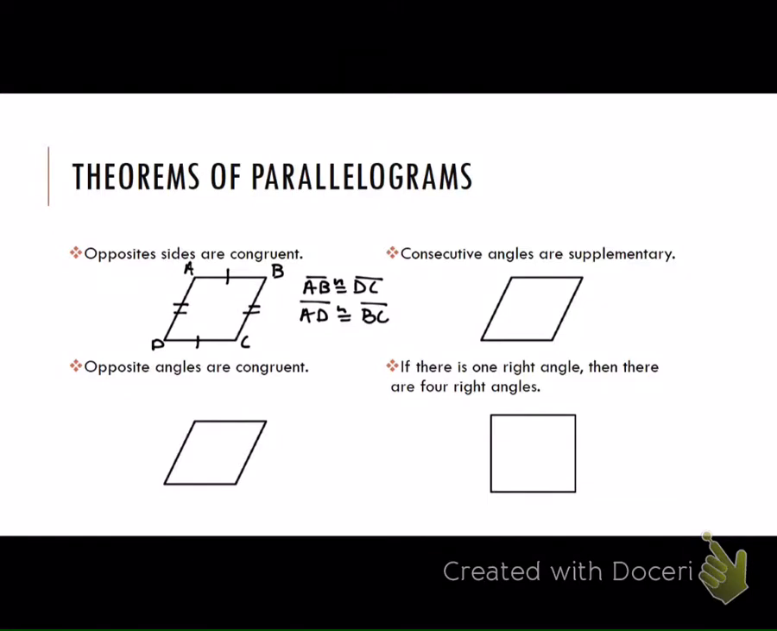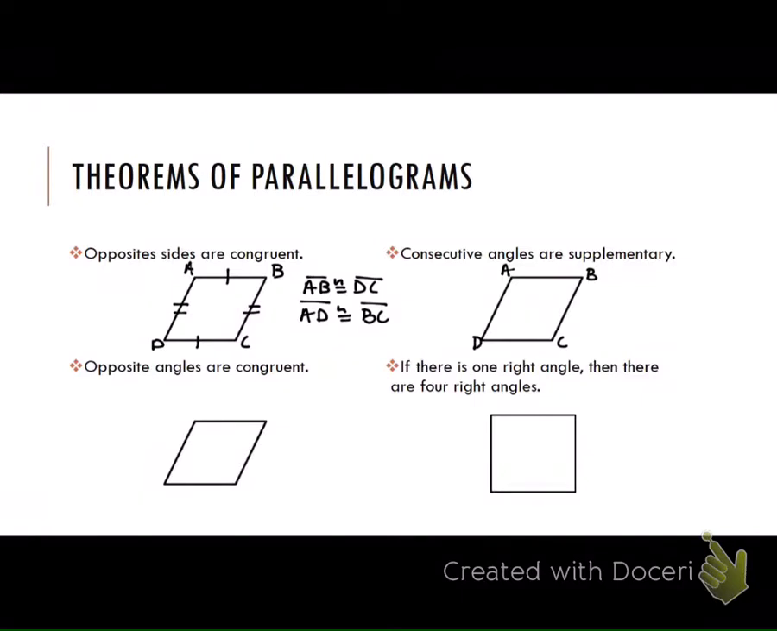All right. Consecutive angles that follow one another are supplementary. The reason for this is because they are consecutive interior angles. Remember, opposite sides are parallel. So if this is a transversal, angle B and angle C are consecutive interior angles, and consecutive interior angles add to